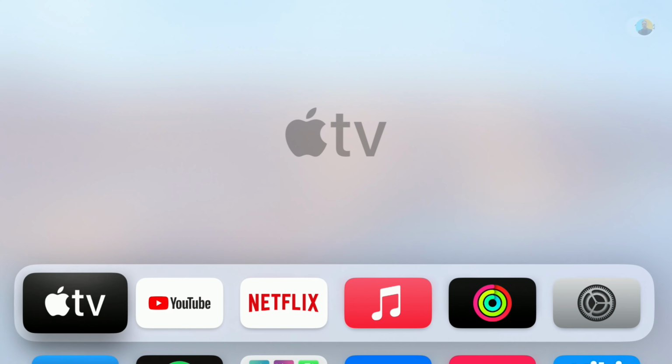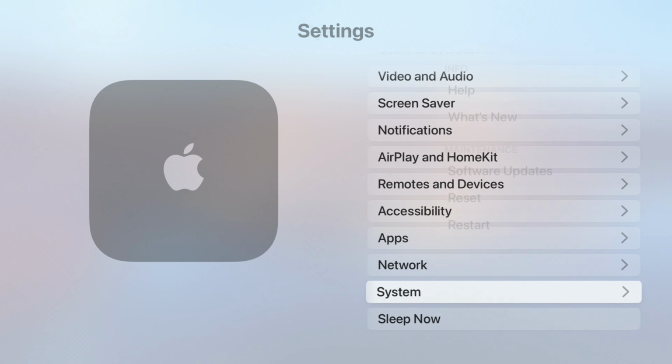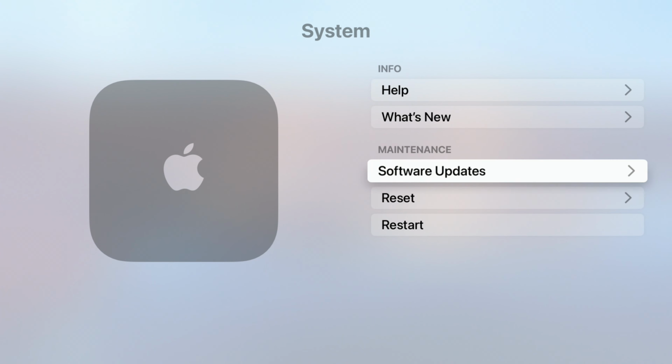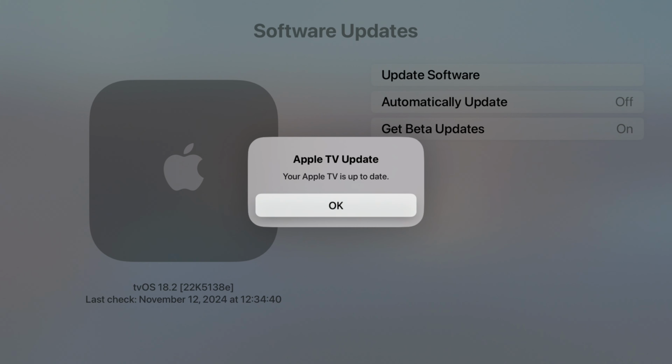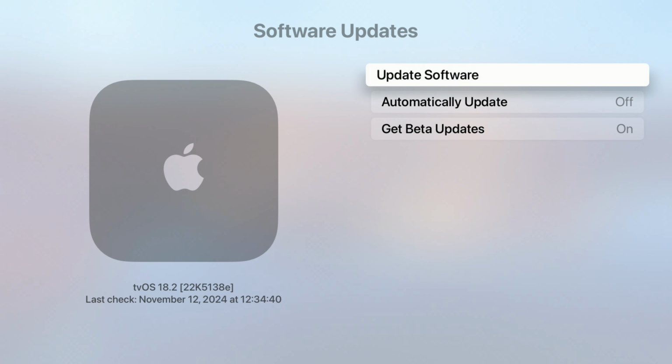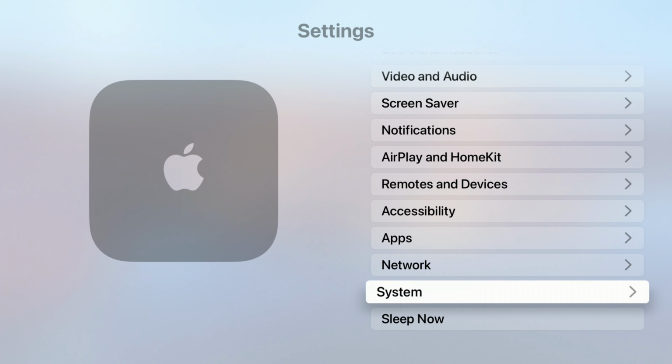My device is now up to date, and now if we go into our settings right here and go to where it says system and software update, you can see update or check for an update. Your TV is up to date with the latest tvOS 18.2 with the build number 22K5138E, and that's the new build number that this update has to offer. And in terms of the new features and changes that tvOS 18.2, this version that I'm on, has to offer,